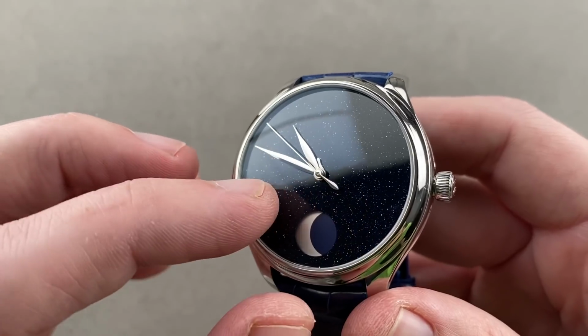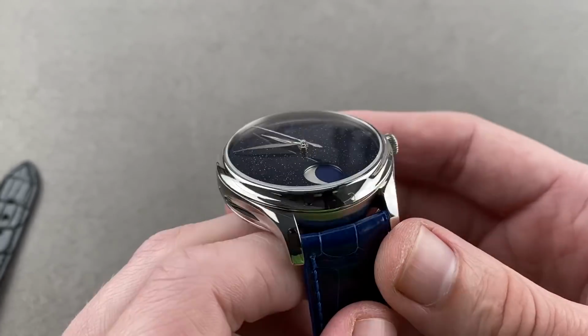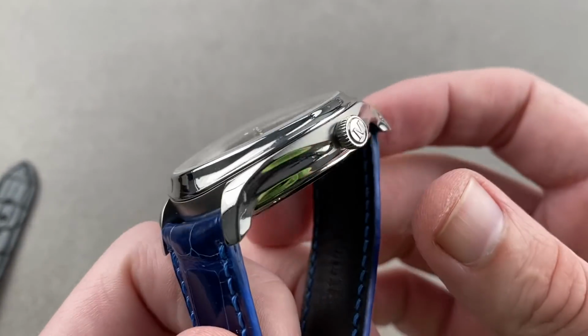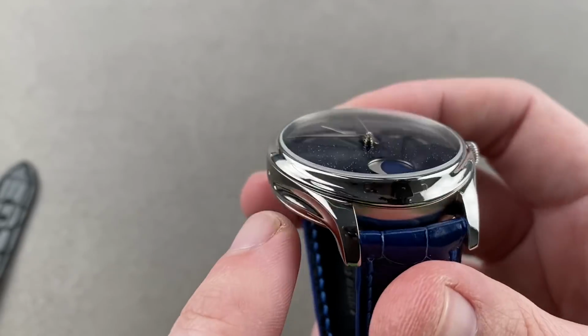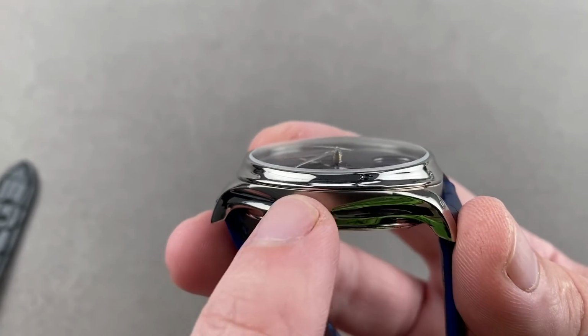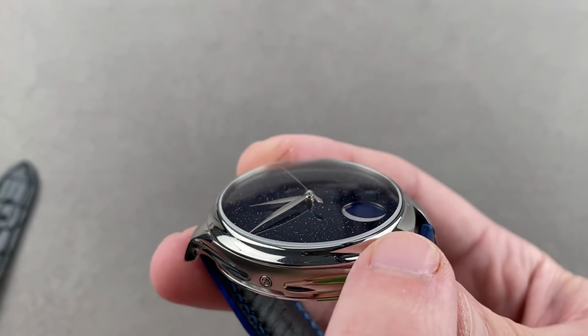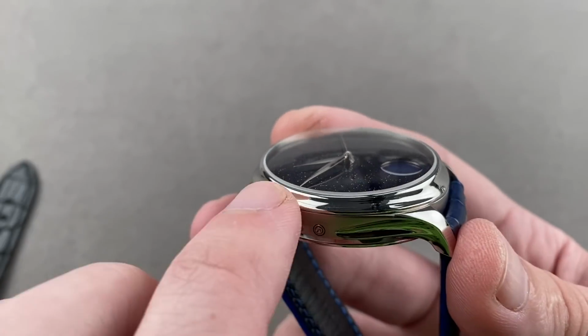We have leaf-style hands, faceted to provide a higher contrast. The case is really 41.9 millimeters as I measure it. It has wonderful qualities. As you can see, it's first machined and then hand finished to create these deep hollows. When you're just stamping cases for mass production, you can't do that. The bezel is drawn out broader at 6 and at 12, and then you can see that it's concave